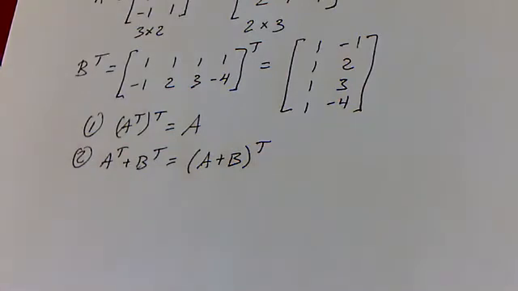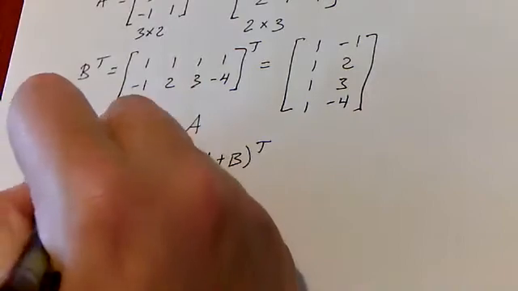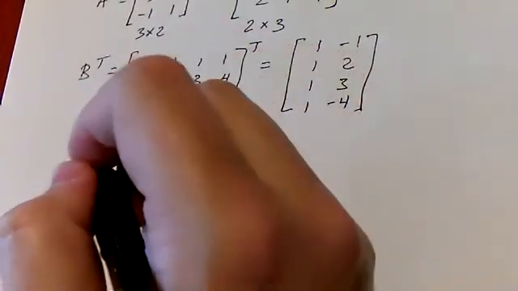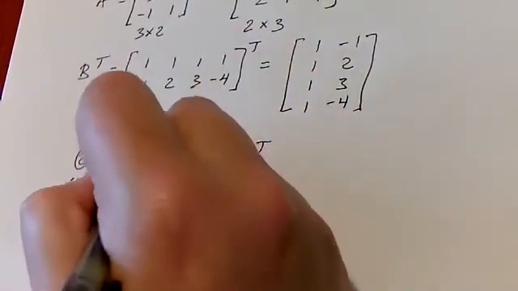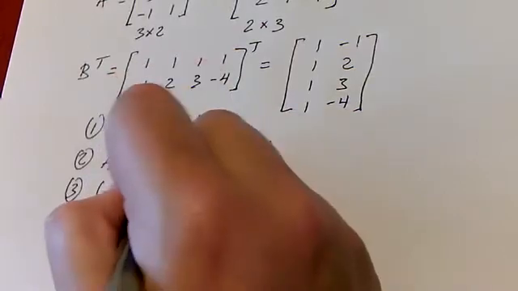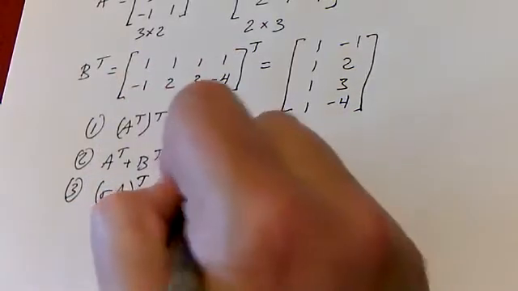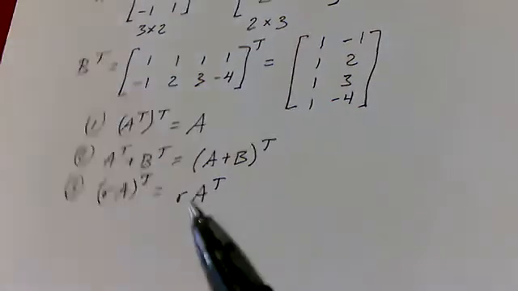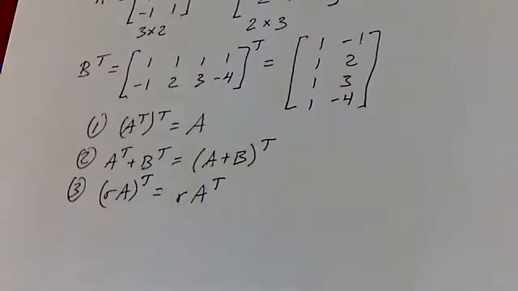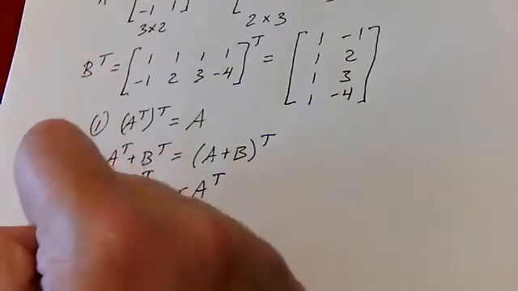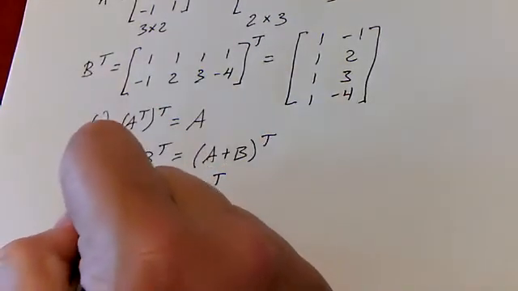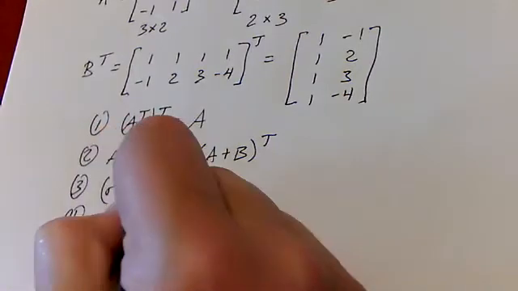It doesn't matter if I switch the positions first and then add, or if I add first and then switch the positions. Okay, we also have scalar multiplication for transposes. So if I do RA and then transpose it, that gives me the same thing as doing R times A transpose. Same idea as the addition. If I multiply first and then switch the positions, or if I switch the positions and then multiply, I get the same result. Okay. And then maybe the most interesting property is that if I have AB, a product that